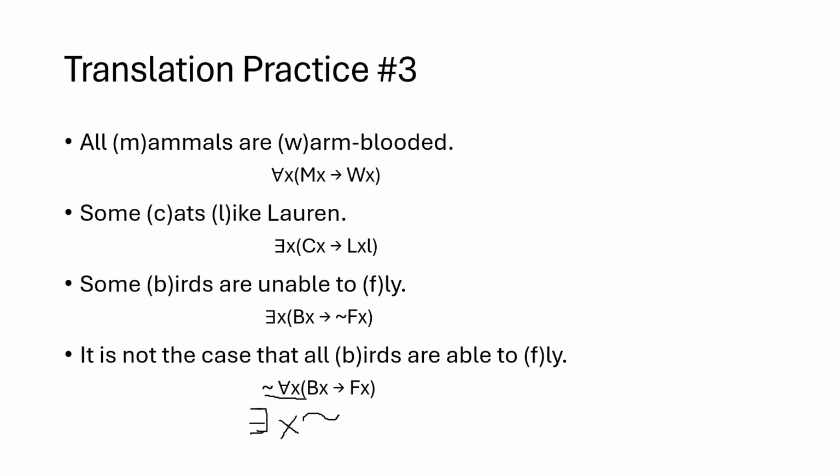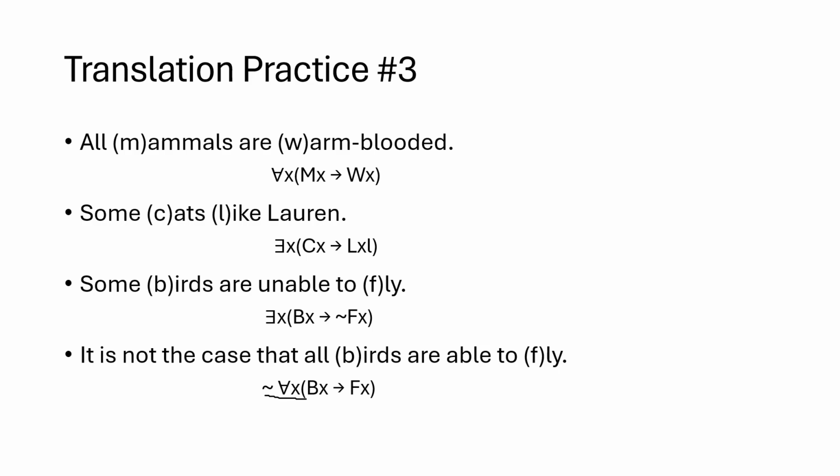So all we're trying to say here is that this does not universally apply to everything. So if there exists something that's not whatever this statement is, that's the same thing as saying not everything has this statement applied to them. Hopefully that makes sense. I know that sounded a little confusing, but